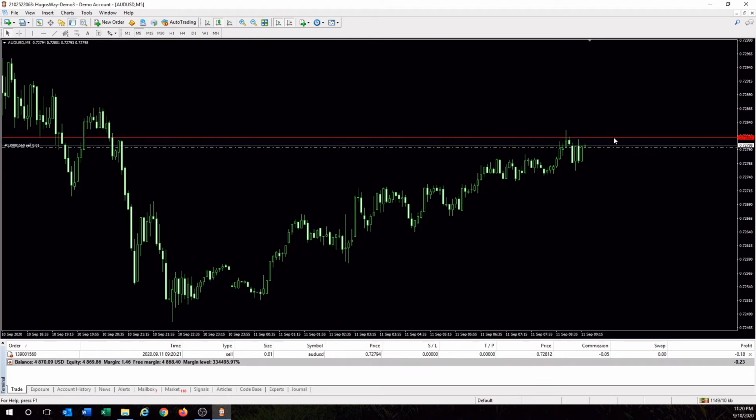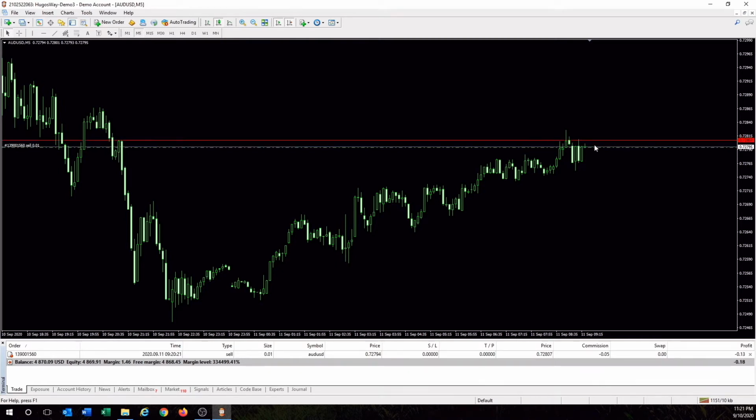So because the difference here is spread, remember, this gray line when we're selling is the line that we look at when we place a sell, but the red line, because we need to account for the broker's spread, is what triggers our stop loss or take profit.